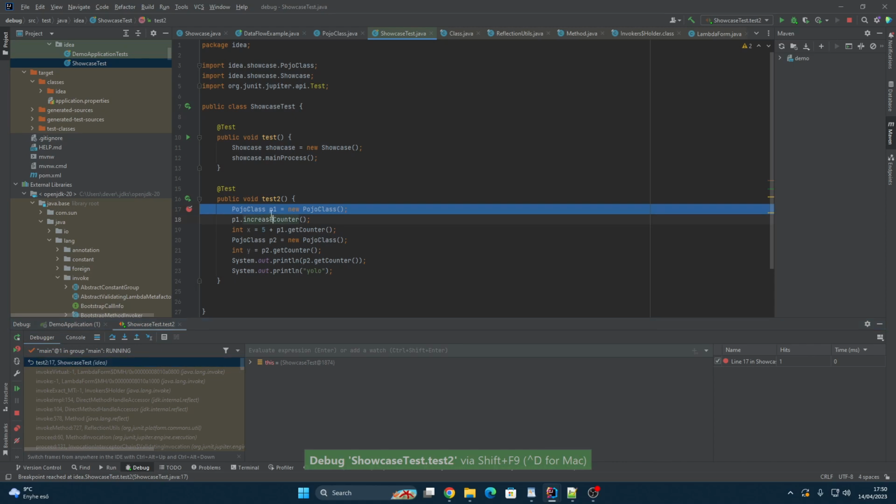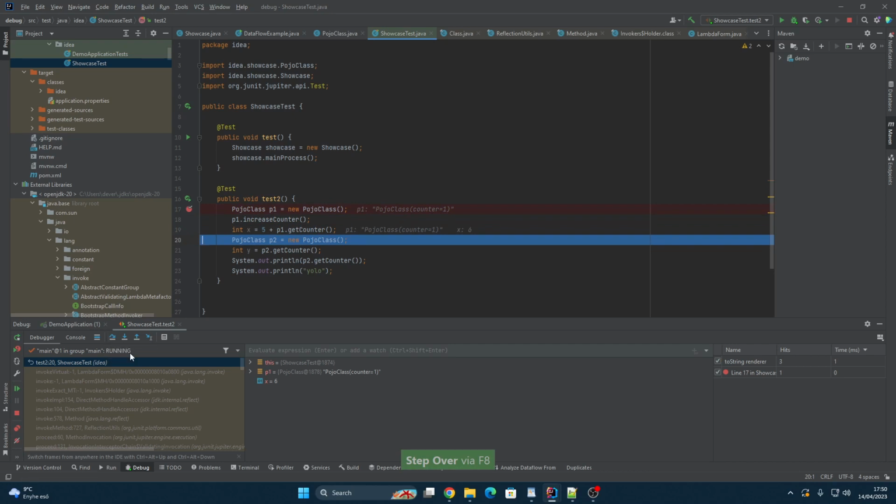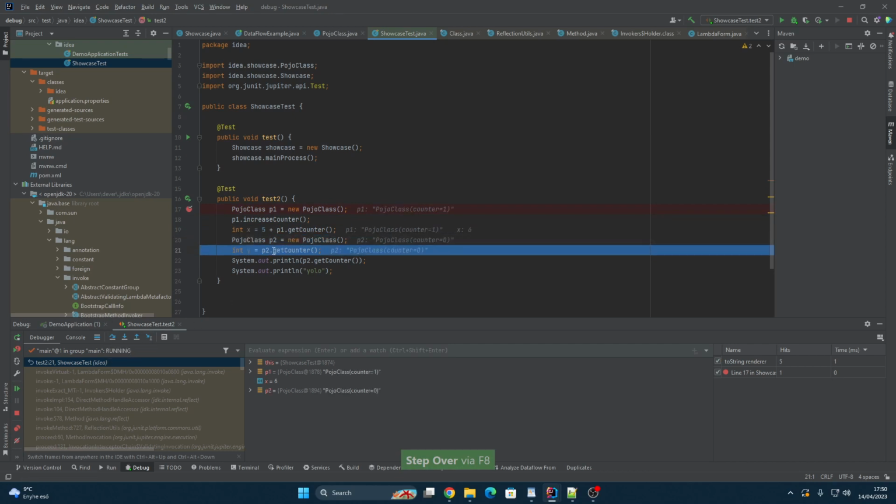Anyway, when you have a breakpoint, you have these operations. You can step over, which will basically just jump to the next line, obviously executing the code before it. I'm currently standing on this line, so if I press F8, it just jumps to the next one. But if I want to go into the getCounter method,